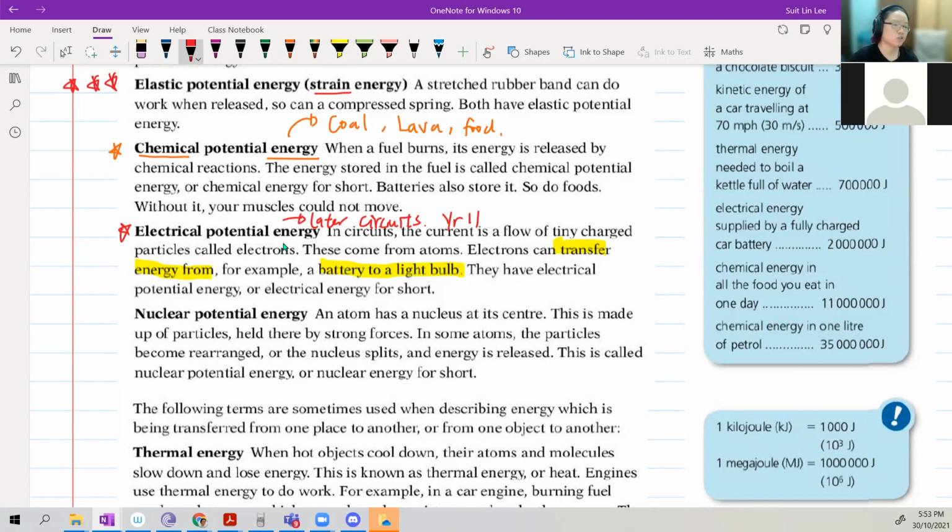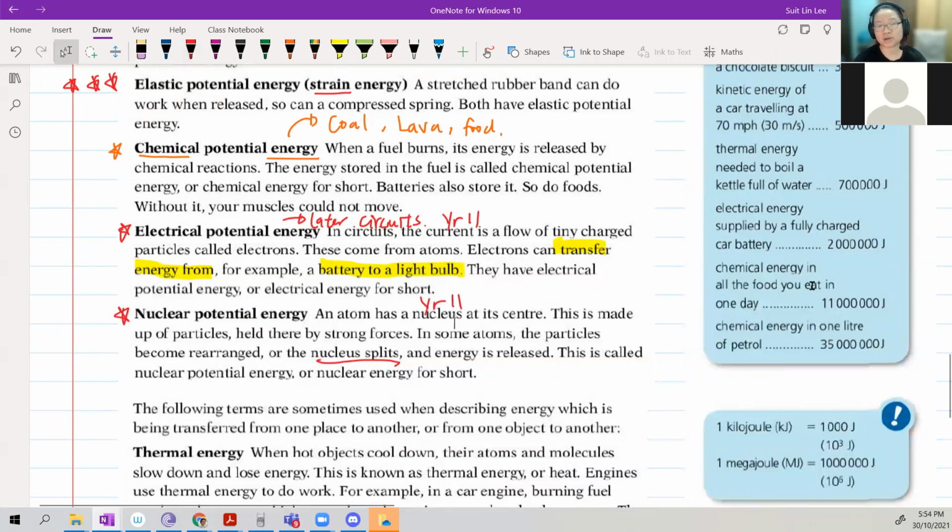And then there's another energy called nuclear energy, nuclear potential energy, because in the atom, there is a nucleus at the center. So it's made out of particles, okay? And when we split the atoms apart or split the nucleus apart, we get energy. So the nuclear reactor is when I take the atom, 我切一半的 energy 就出来 because 一半比较 stable 啦, okay? So this one is also year 11, but just so you know, that's energy.